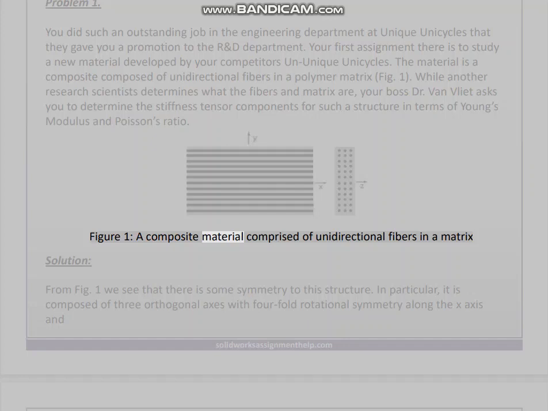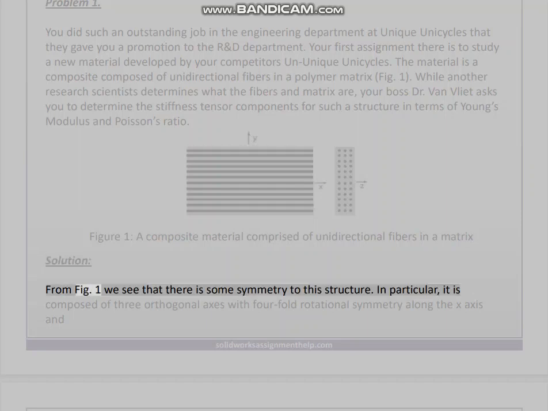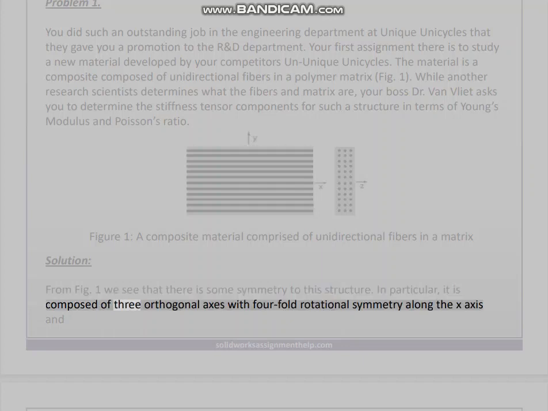Figure 1. A composite material comprised of unidirectional fibers in a matrix. Solution. From Figure 1 we see that there is some symmetry to this structure. In particular, it is composed of 3 orthogonal axes with fourfold rotational symmetry along the x-axis and